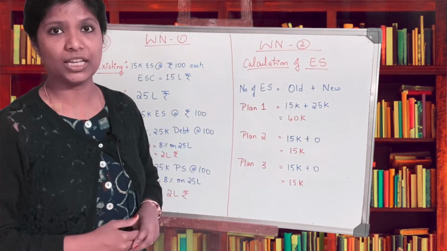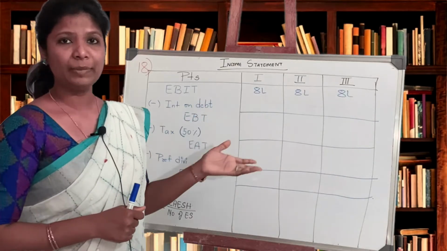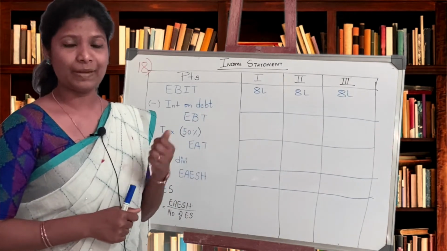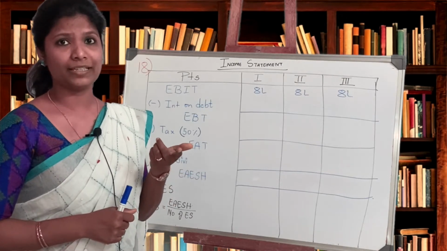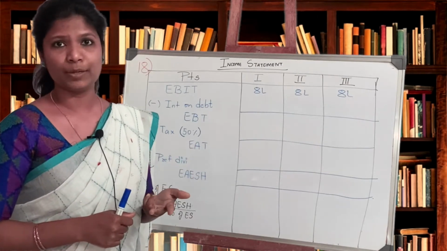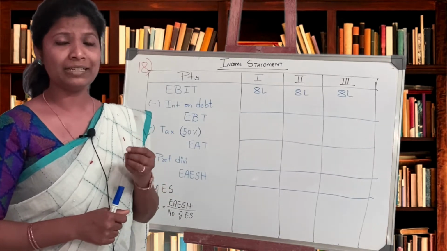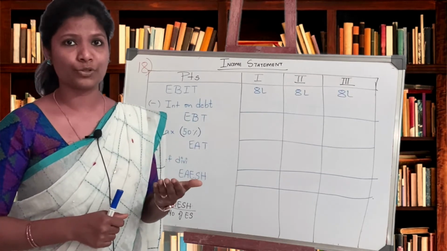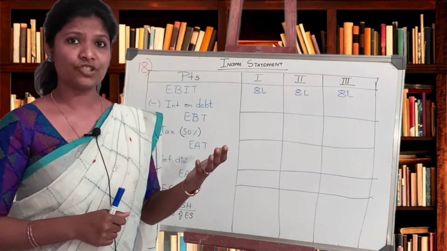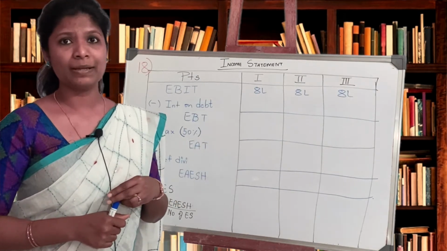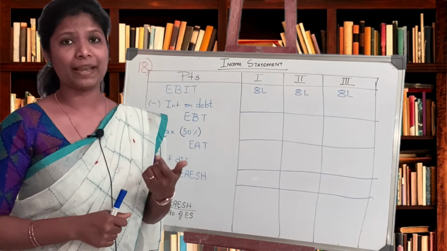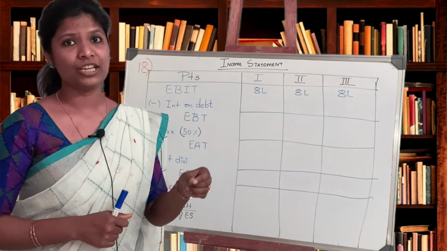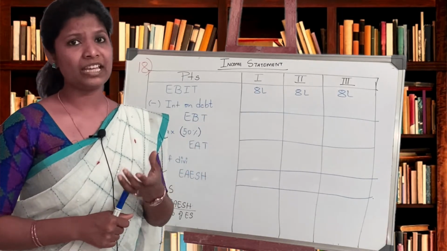calculation of equity shares. So since we have completed the working note of question number 18, we found out different plans, right? Plan 1 was complete equity, plan 2 was complete debenture, and plan 3 was complete preference share. We found out the interest paid under plan 2 was rupees 2 lakh, and under plan 3 the preference dividend paid was rupees 2 lakh. And the number of equity shares under working note 2, we found out plan 1 was 40,000 shares, plan 2 was 15,000 shares, and plan 3 was 15,000 shares. It's 40,000, 15,000 and 15,000.